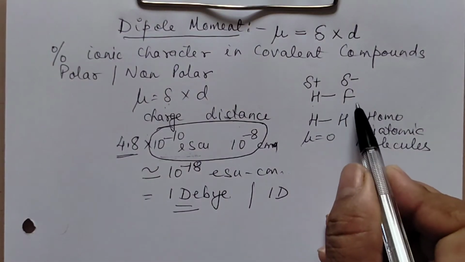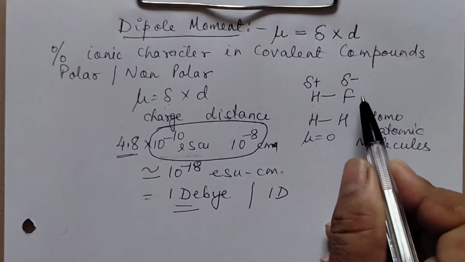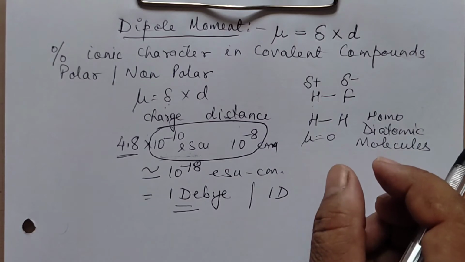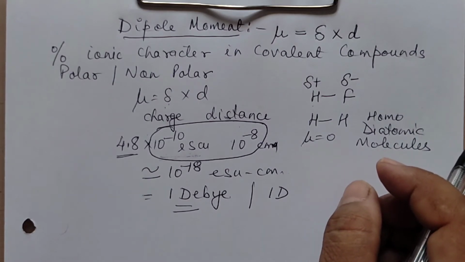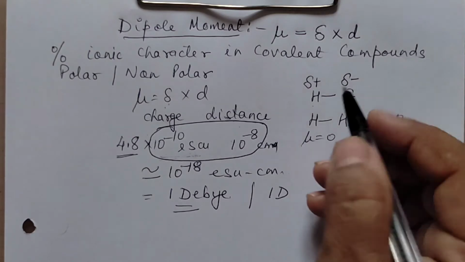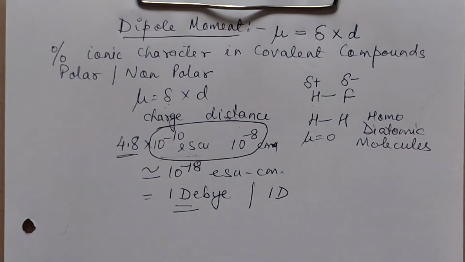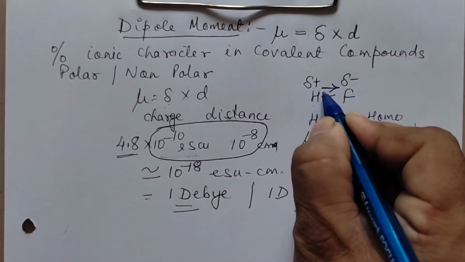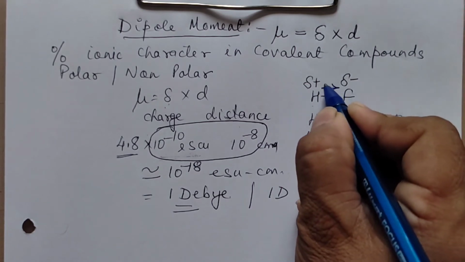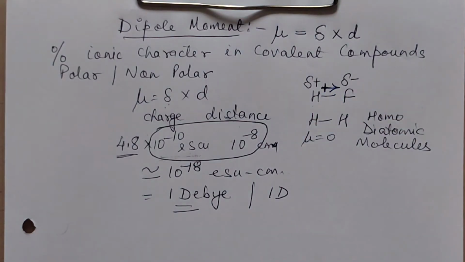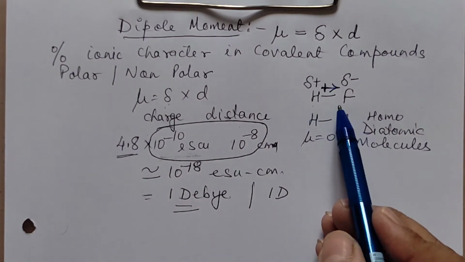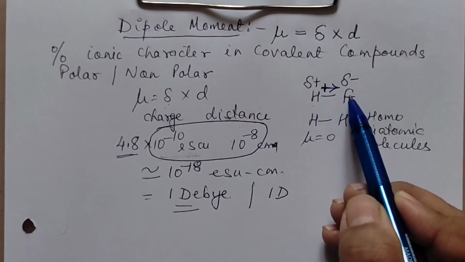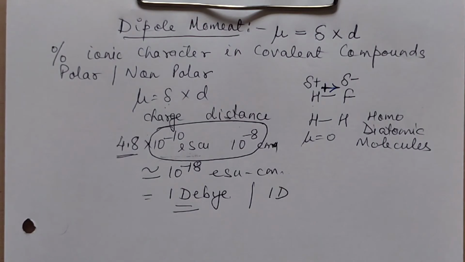And every bond where there is electronegativity difference will be having some dipole moment. So every bond where there is a difference in the electronegativity, there is a bond dipole moment. If it is only two atoms, there will be a bond dipole moment. How do we represent the bond dipole moment? We represent the bond dipole moment by an arrow from less electronegative towards more electronegative, with the positive sign at the tail. Right, so this bond is a polar bond, so this will have a bond dipole moment with an arrow from less electronegative to more electronegative with the positive sign at the end.